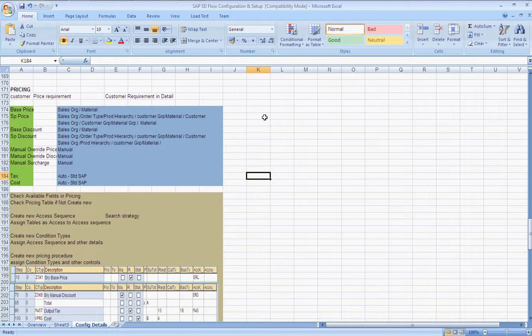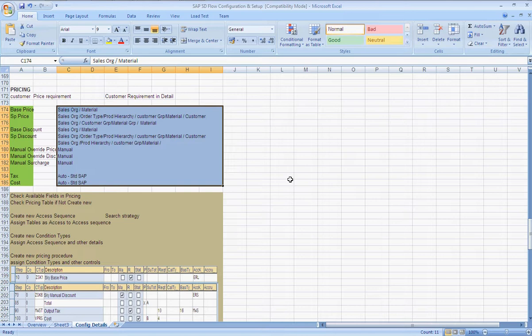Then we are getting into SAP language. So let's assume these are the pricing elements in detail, or field combinations, given by the customer.